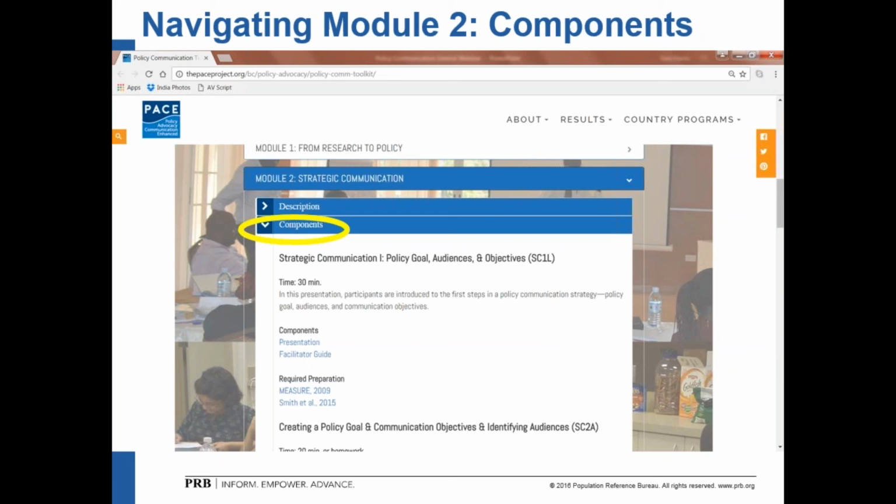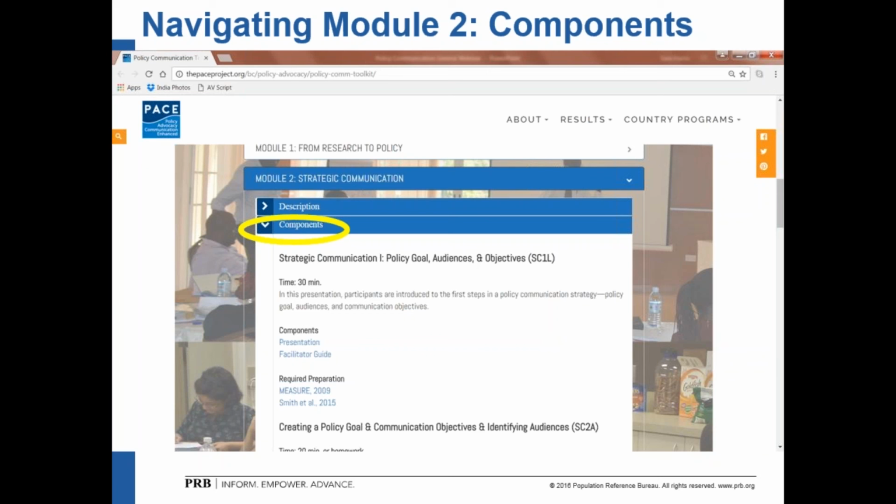And keep in mind the toolkit was developed to be used during training workshops and mini courses, among other small skills building sessions. So we've built in ready-made presentations that outline key concepts and skills, and have also suggested activities for participants to practice and apply those skills in addition to the instructional learning. And finally, we have group exercises for participants to share and receive feedback.